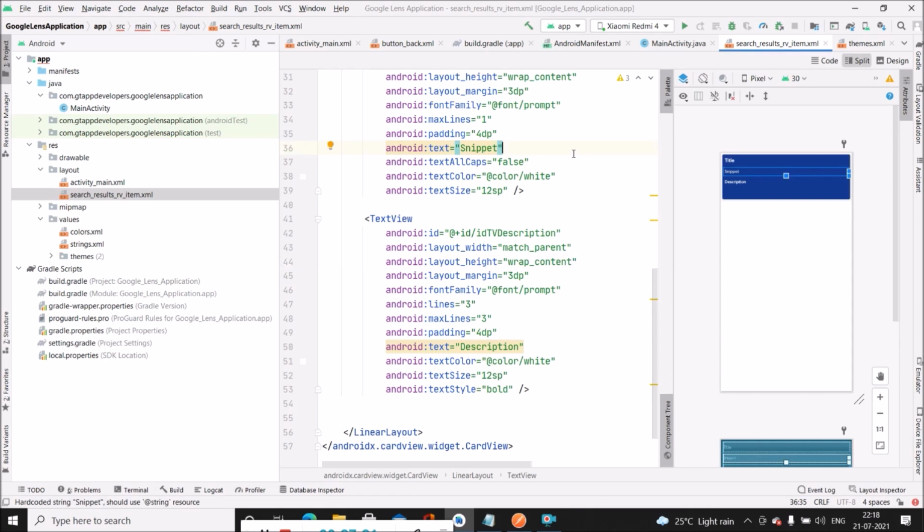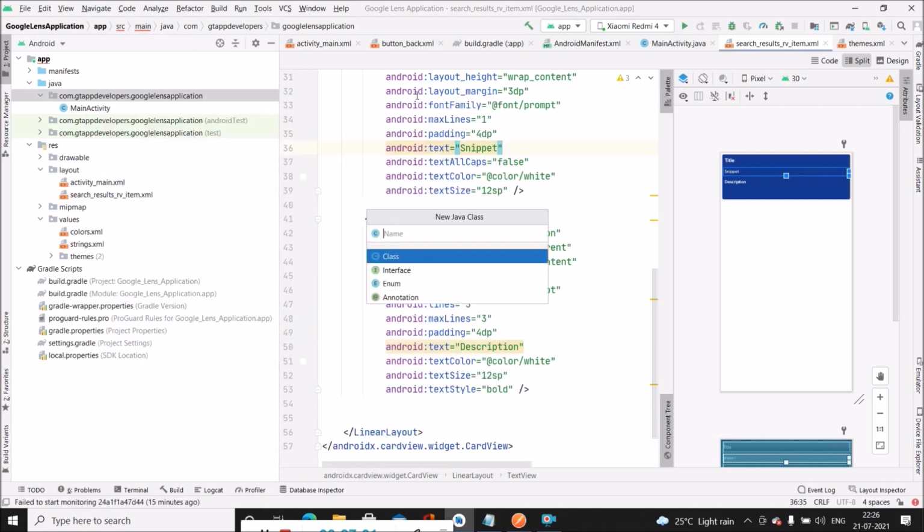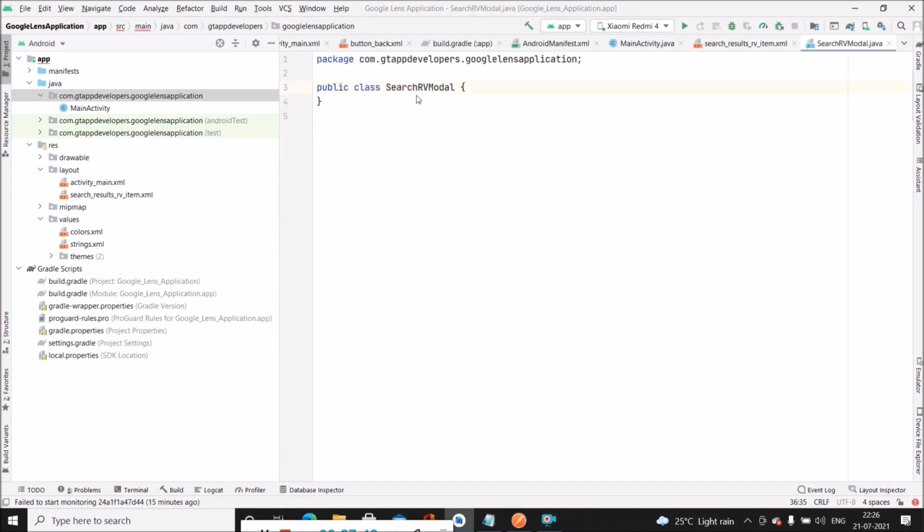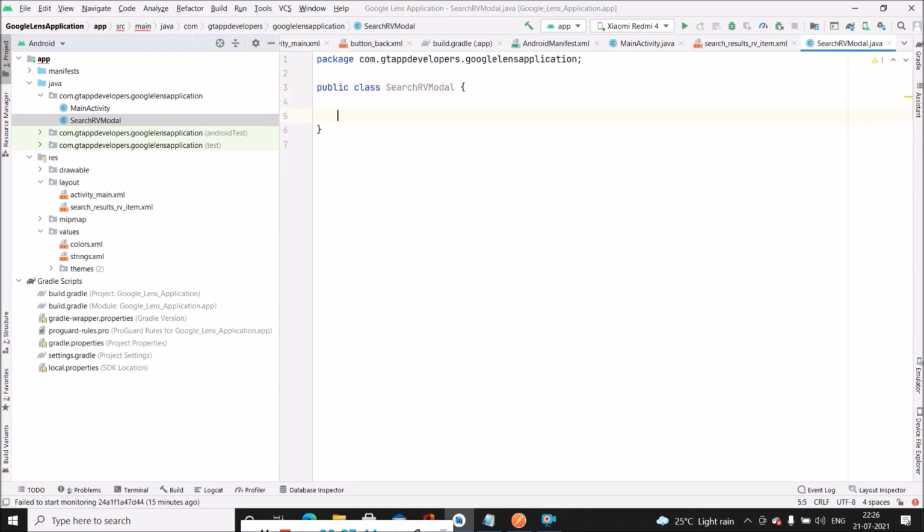Now we will move towards creating our model class as well as adapter class. For creating our model class, we have to go to package name, right click, new Java class, and we will specify the name as search RV model. And inside this, we will be creating variables.